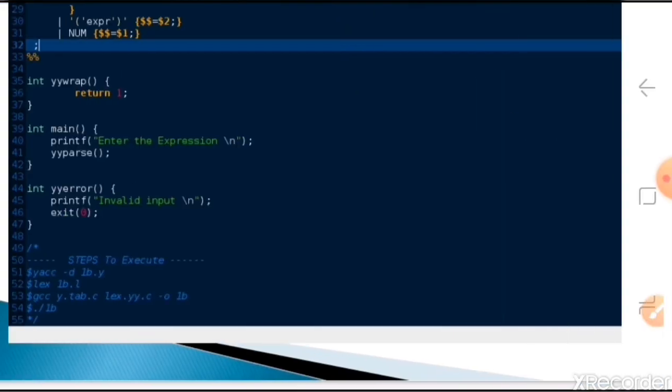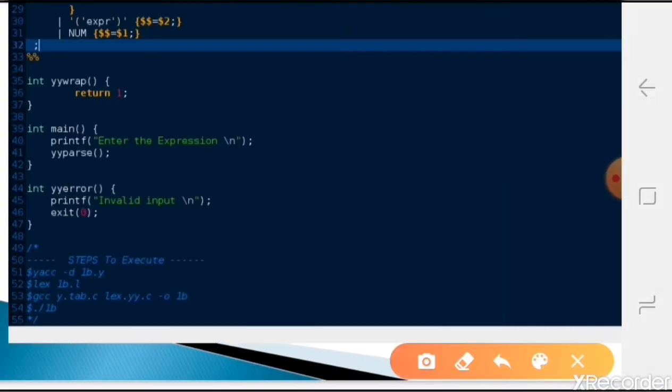For that the lexer will call yywrap and give the result to Yacc. That's why we write the yywrap function. So the lexer calls yywrap, that is the end of the input, and gives it to the Yacc program, which treats it as the end of the input.